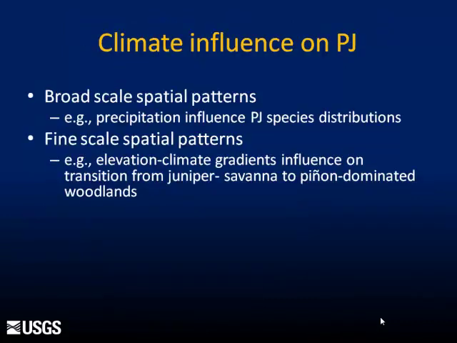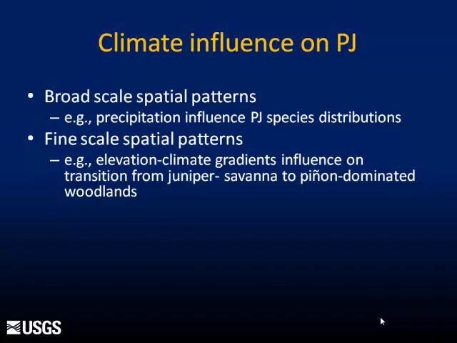I want to focus a little bit on climate because it is so important to Piñon-Juniper woodlands, and it really does account for much of the variability, not only within broad regions, but also within single landscapes. So at a spatial scale, precipitation in particular is very important and determines much of the PJ species composition throughout the Intermountain West,